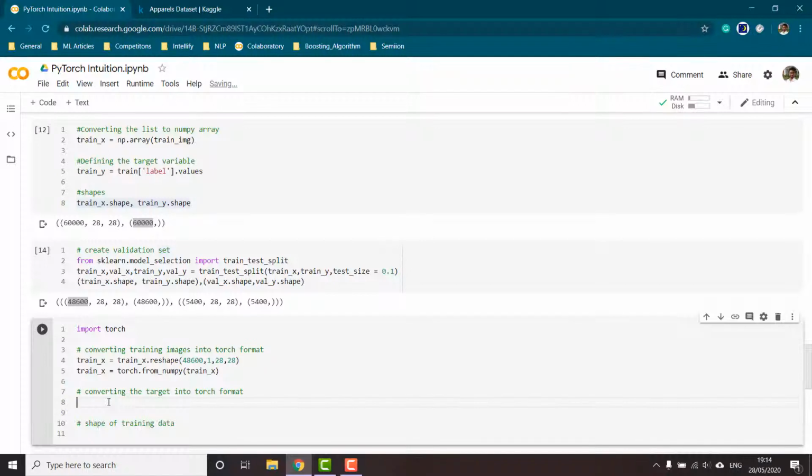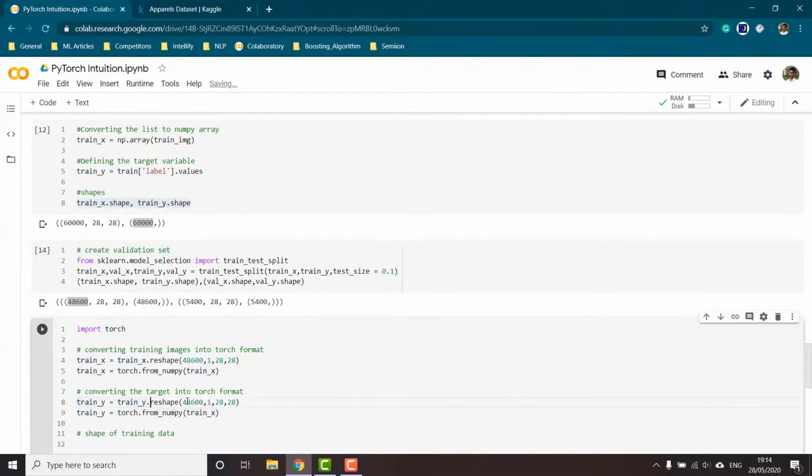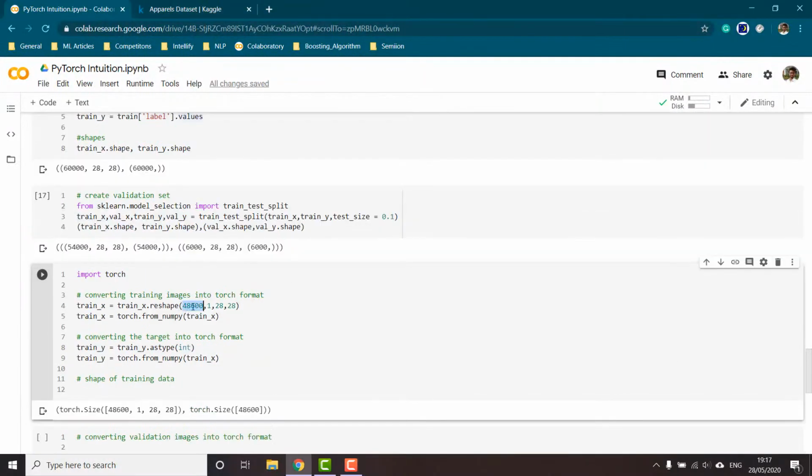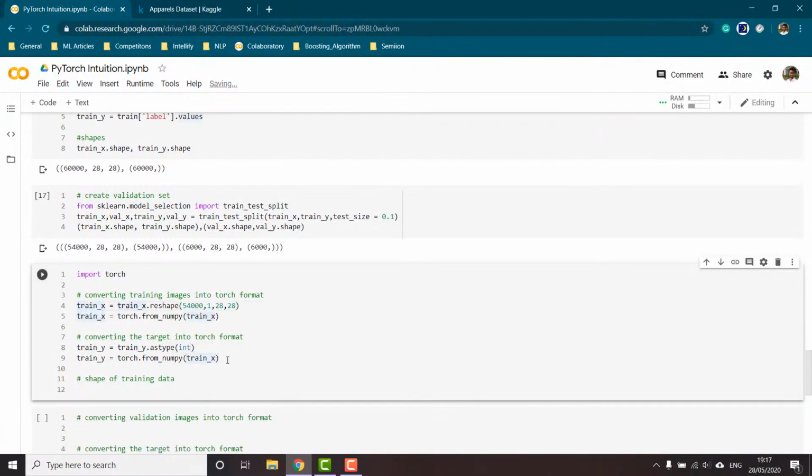Similarly for train y, instead of reshaping, we are converting this data type into integer, and then torch.from_numpy on train y.